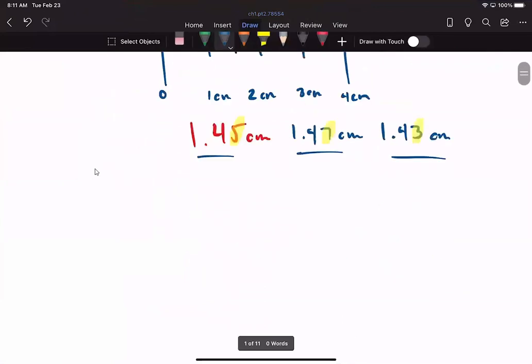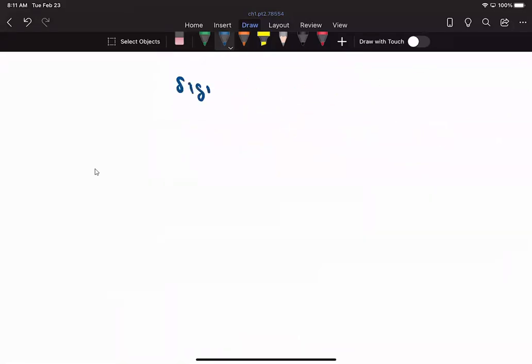All right. So now for all of these measurements that we take, we're going to now consider what we're going to call significant figures, right? So there's different types of significant figures, how to determine them, and what you're going to need there. So the first rule of thumb for significant figures is that any